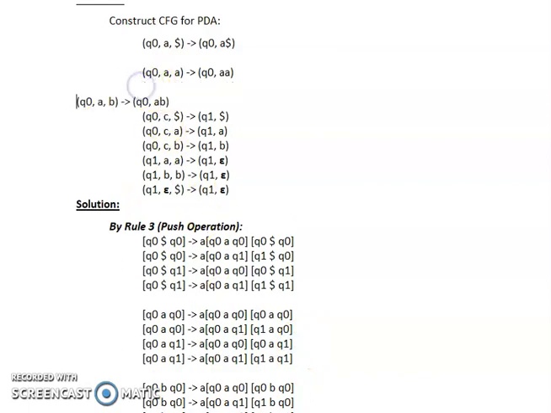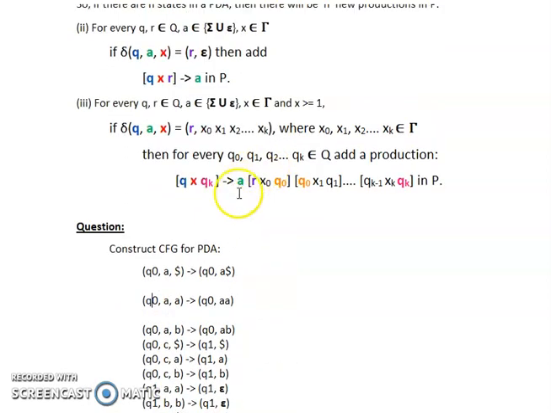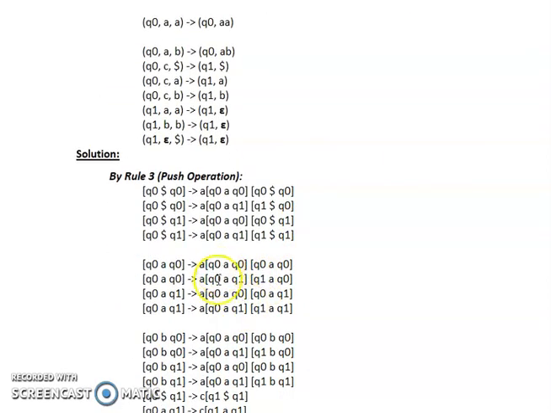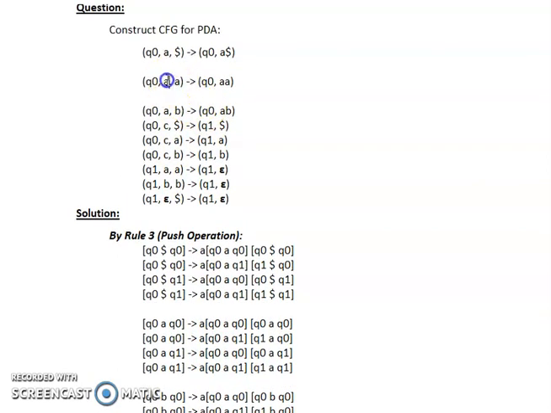Now, in the beginning, you are having the state Q0. So the Q0 state is at the beginning of each and every transition. Now, Q0 is the value of R. So Q0 has to be over here also because R is over here. So on the right hand side also, you are having Q0. Now, if we talk about the input symbol, it is A. So on the right hand side of the production, each and every symbol will be A. So this much you have done. Now, next, on the top of the stack, you are having a symbol A. So over here, all the A's will be there.